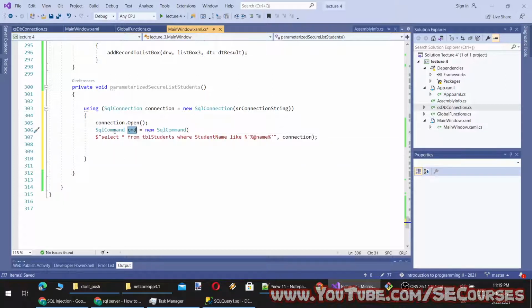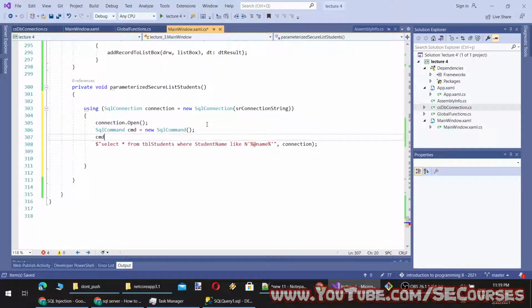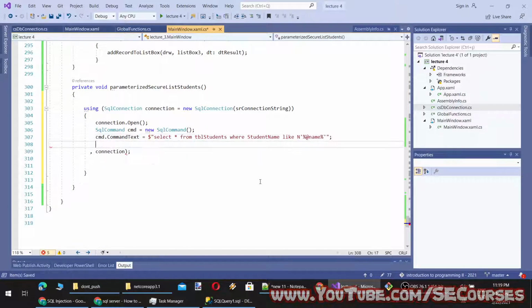Therefore, our object of SQL command is ready with our query like this. We could also do something like this, I believe: command text equal to, let's do it that way first. This, then command dot connection is equal to connection.